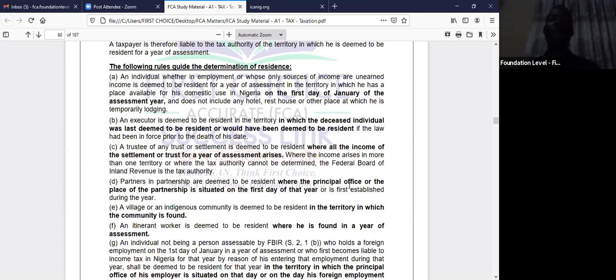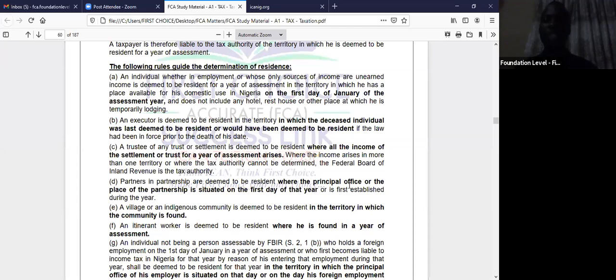So this place is saying that whether you are in employment or you have unearned income, wherever you are deemed to be resident, that is where you pay your tax. And it goes to them on the first day of January of the assessment year. So it means that, one, if you are resident in Lagos, or you are deemed to be resident in Lagos,